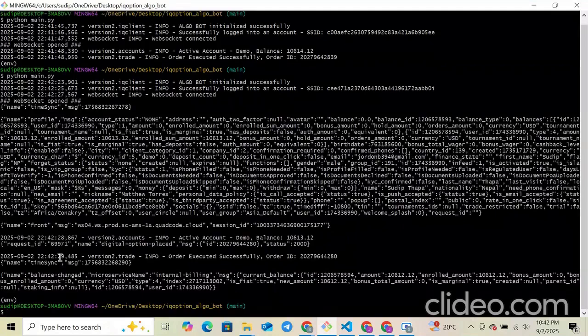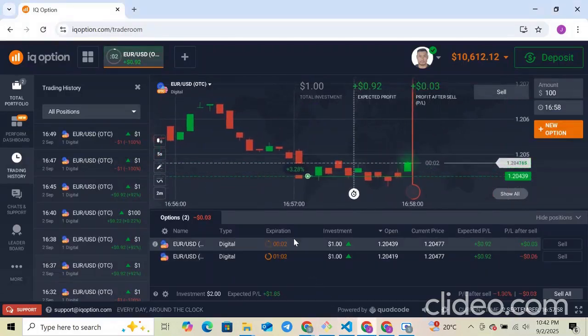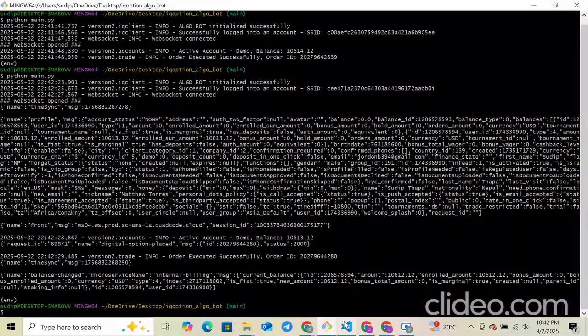So we're still not getting the position changed message here. The trade is placed, but we are not getting the position changed message,